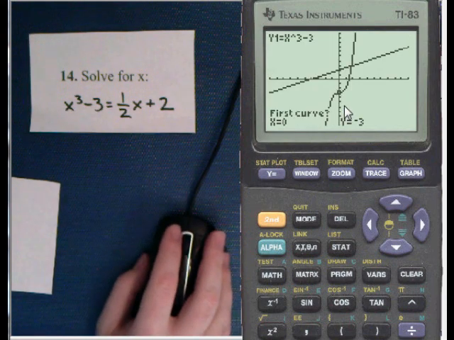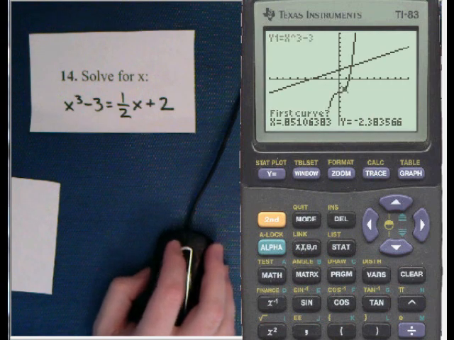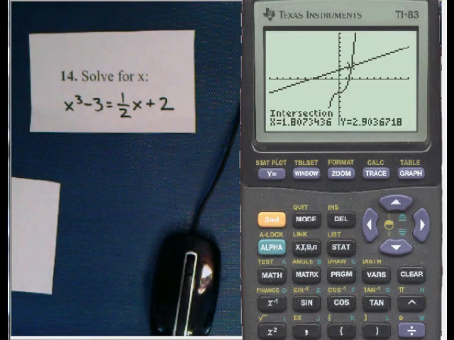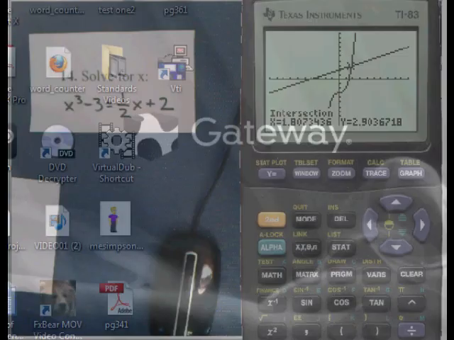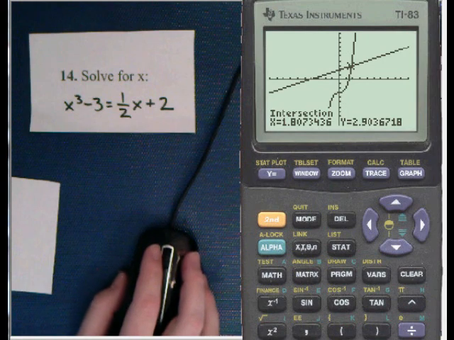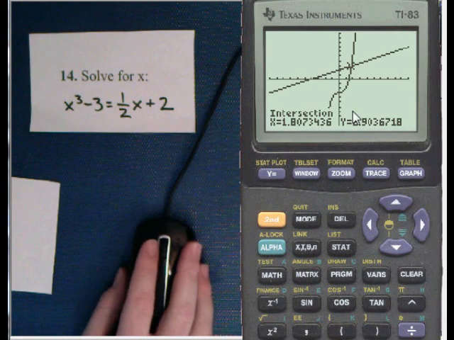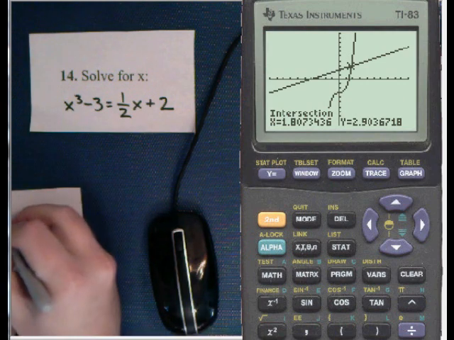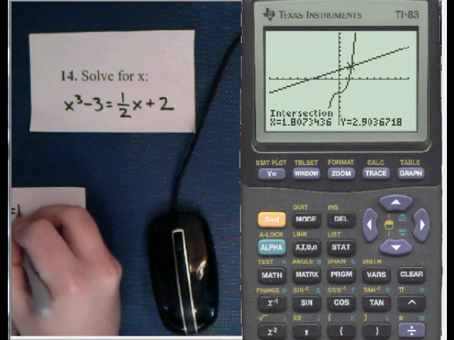And now it's going to ask me to determine which two curves I'm looking at. So again, I'm clearly on the cubic right here, so first curve. There I'm on the line, so second curve. And now press enter right where I'd guess the answer is, so I think it's right there. And as I do that, it says my intersection point is going to be x equals 1.807,